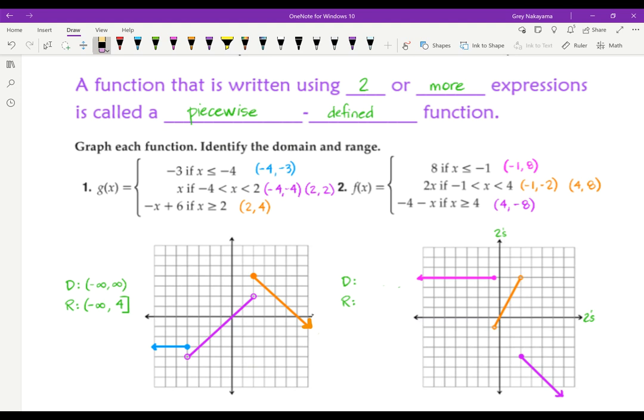So that is something to keep in mind and hopefully check yourself when you're doing these graphs. Okay, so that is, oh wait, I didn't do domain and range. Domain goes from negative 1 to 4, so it looks like we have everything. Negative infinity, positive infinity. The range, I have an arrow going down, so I've got negative infinity, but there is